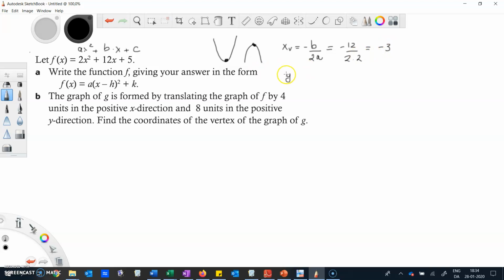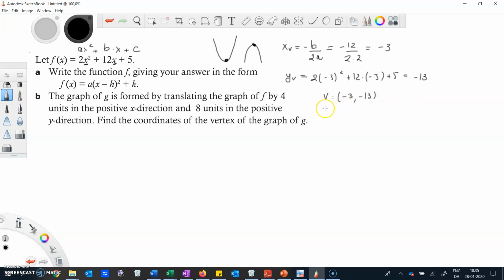Now, how do we find the y vertex of the parabola? Well, the y vertex is just something that we can get if we put the value of x we just found into this equation. So we have 2 times minus 3 squared plus 12 times minus 3 plus 5. And if you do the arithmetic, we have minus 13. So now we know that the vertex is a point with coordinates minus 3, minus 13, which means that we